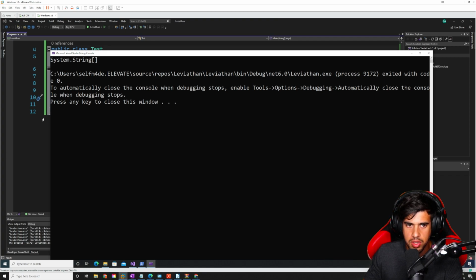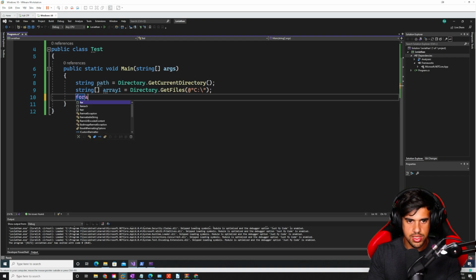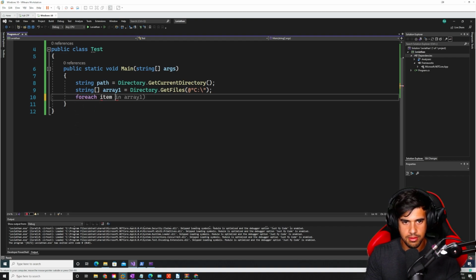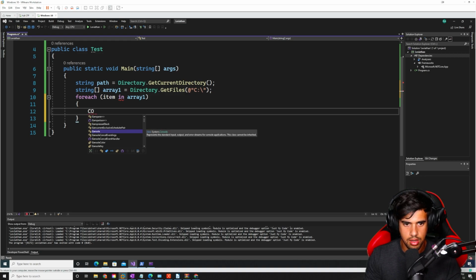Okay, so we want to drill down and actually read the values of the array. So I think we could probably do this with the for each. If not, we can Google that as well. But let's just give that a try first. So let's say for each item in array 1, we'll do Console.WriteLine